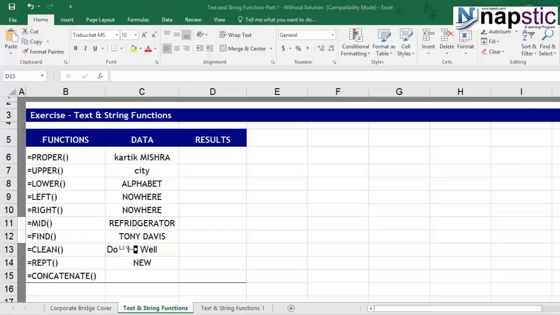Our next section in the Advanced Excel 2016 tutorials deals with the various functions when we are working with text. So basically these are text and string functions. If you want to have a look at the various text and string functions, there's a comprehensive list that is